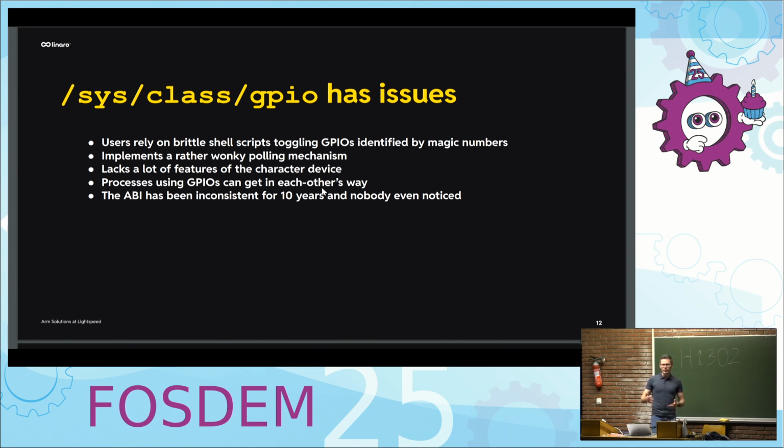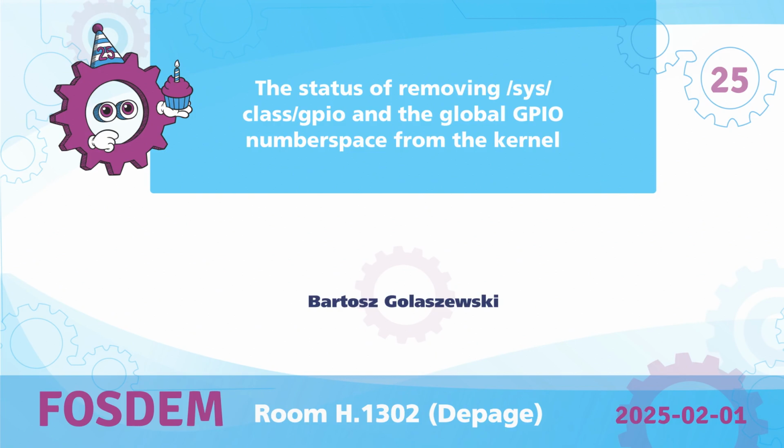It's very brittle if you have shell scripts that refer to some random magic numbers, like 120, for a given GPIO, and then you have drivers that get probed in a different order, and these numbers don't mean anything anymore. You can, of course, scan the labels and then calculate the offsets from the base number and the offset of the GPIO, but that's a rather unnecessary calculation in your script.